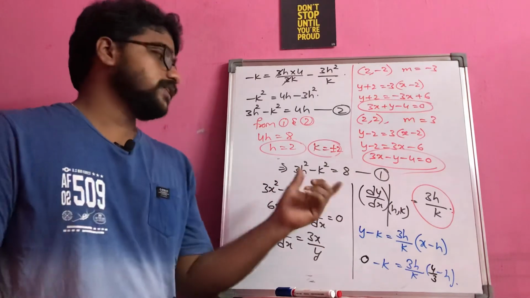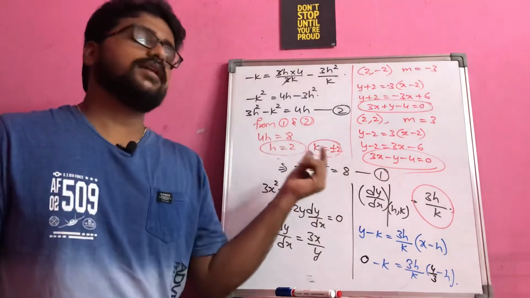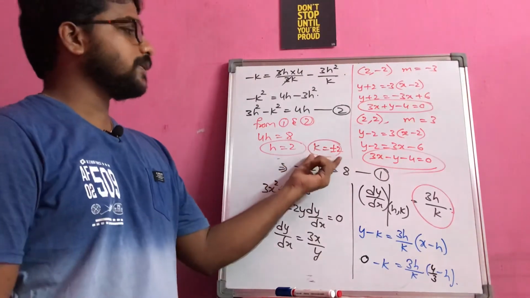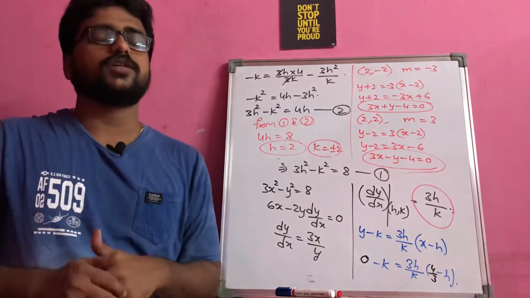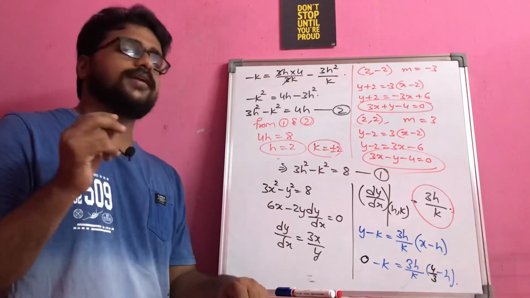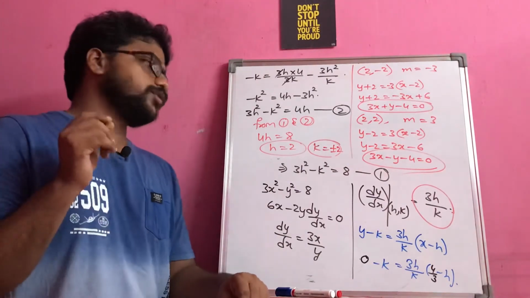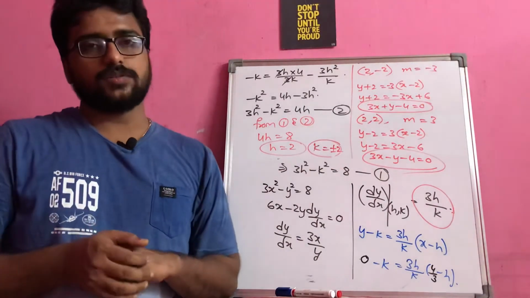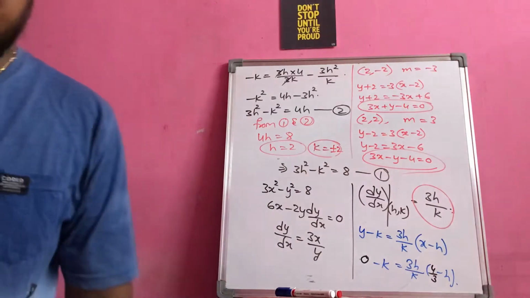The common mistake here is, usually students will neglect the negative symbol. K equal to plus or minus 2: when you are getting two values, you should show the two values. You should not avoid the negative values without any valid reason. You should take both the values, and correspondingly you will get the two equations. Okay? Right.